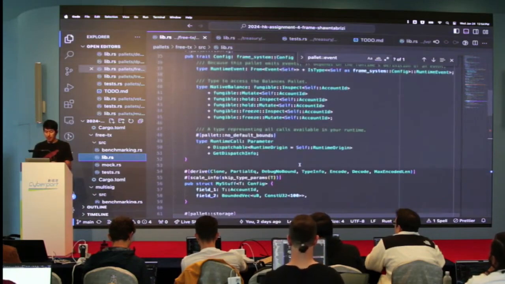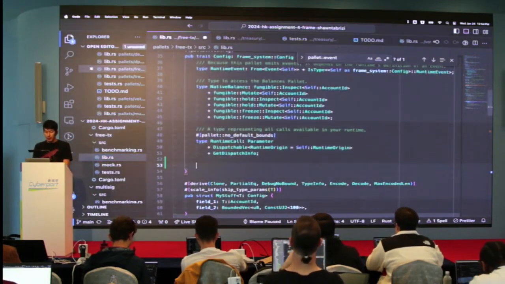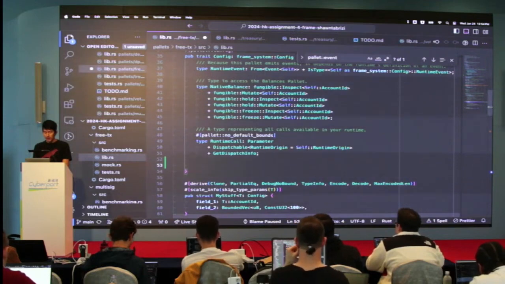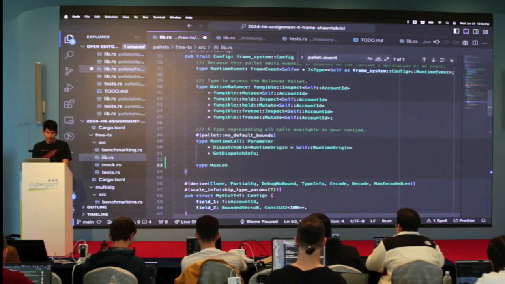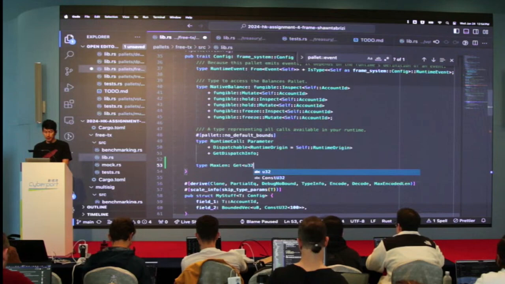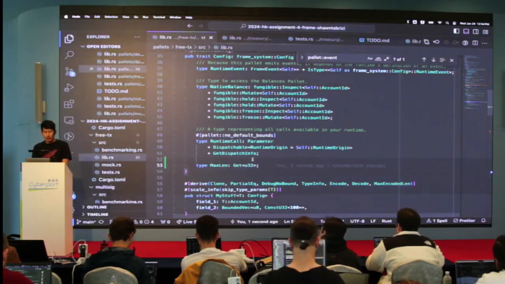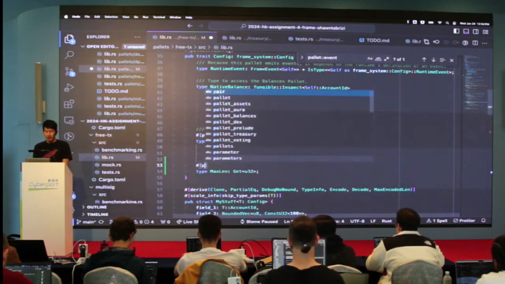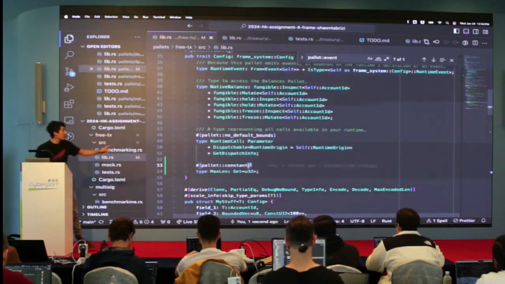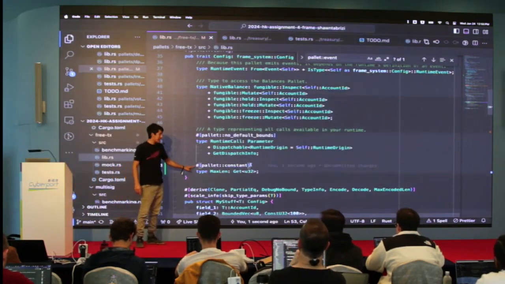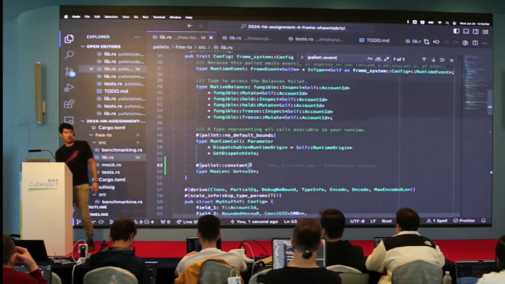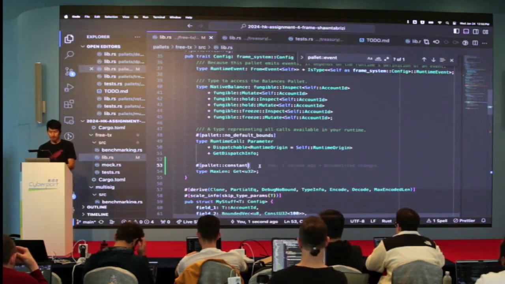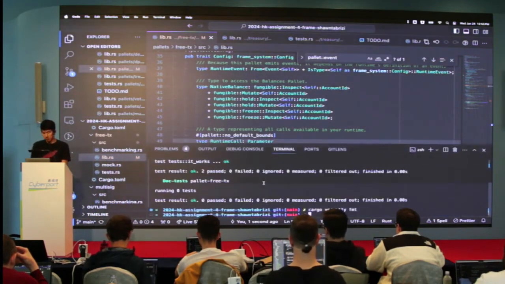So how do we do it? It's quite simple. We go into the config, and we're going to create a new type. Type MaxLen, and it's going to have the trait Get u32. I think you can also optionally add pallet constant here. It's nice to have. This will generate additional metadata, exposing this constant to the metadata, but it's not required. So I didn't include pallet constant. Oh, that was an issue. Yes. Okay.